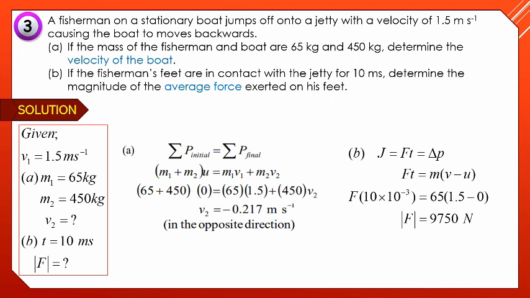First, to calculate the velocity of the boat, we will use the principle of conservation of linear momentum, which is the sum of initial momentum is equal to the sum of the final momentum. We substitute the value inside the equation and then we will get the answer, which is equal to negative 0.217 meter per second. The value for the velocity of the boat is negative because the boat moved in